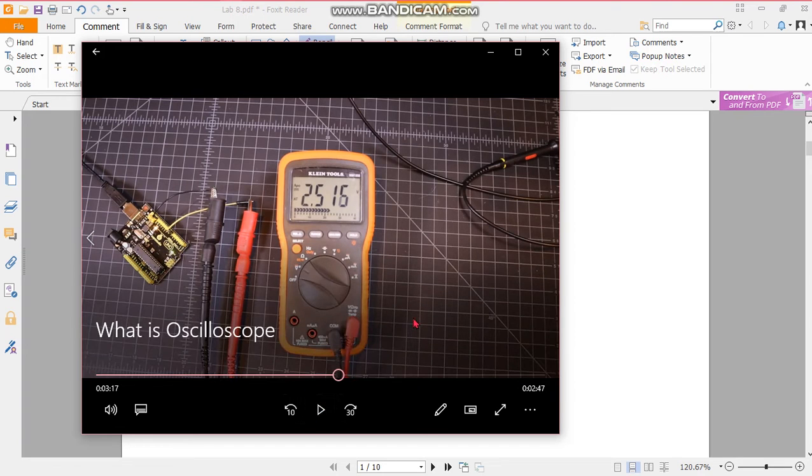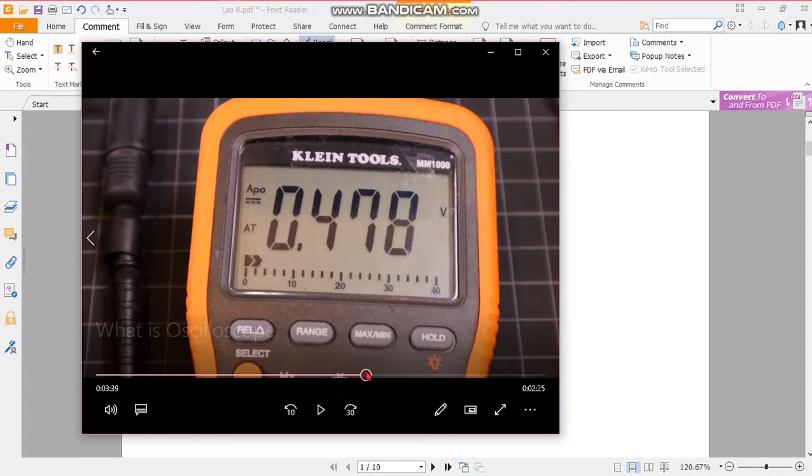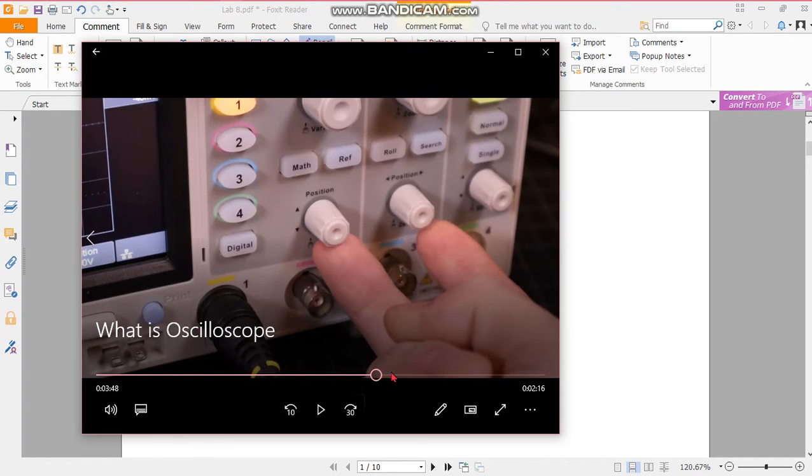So you can watch this whole video. In this video he will connect this microcontroller also, and show you that the microcontroller is showing 2.5 volt, and the oscilloscope will give you the 2.5 volt digital wave. Now he tells about these two buttons.